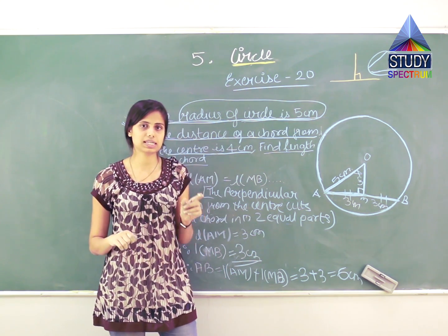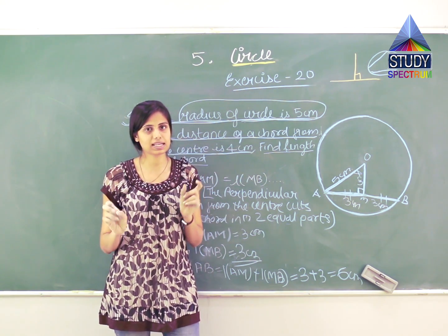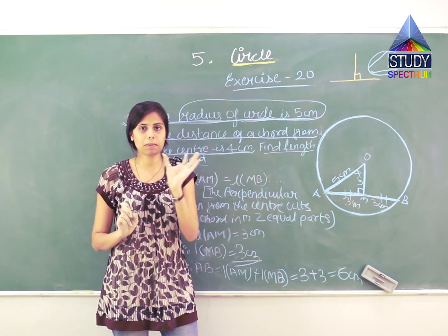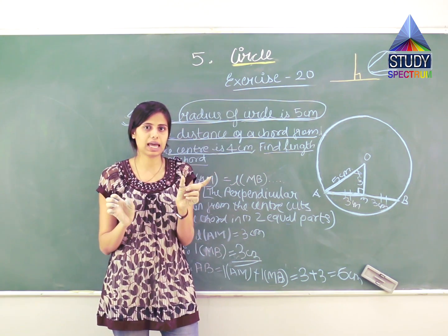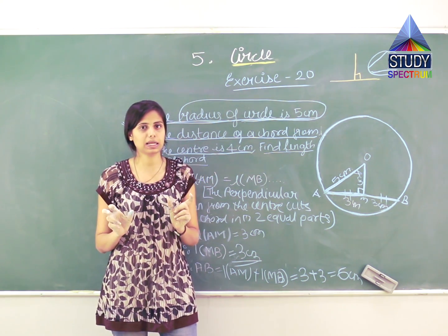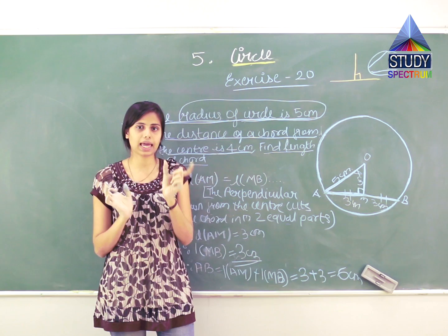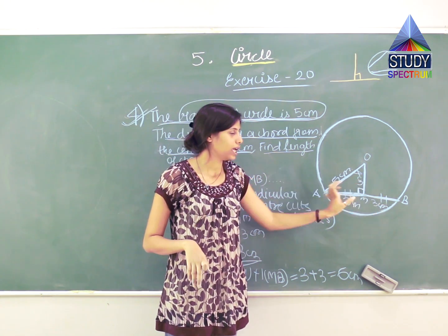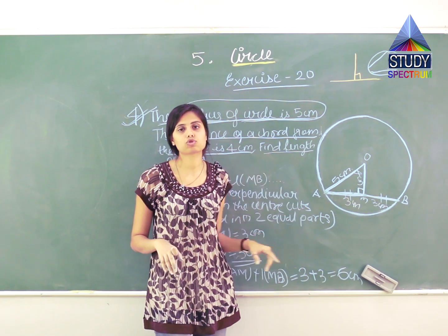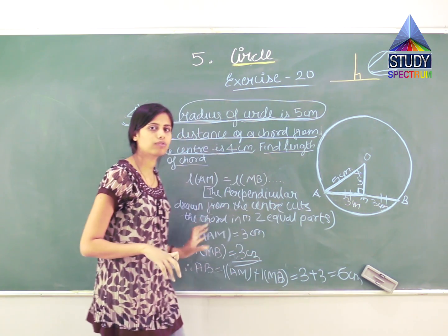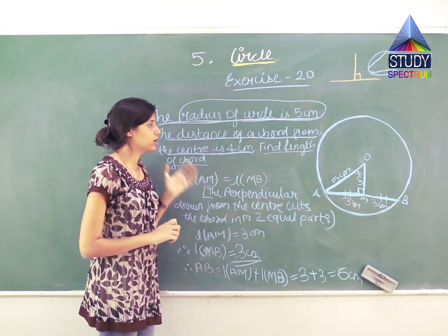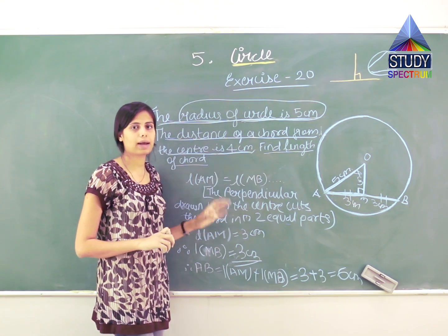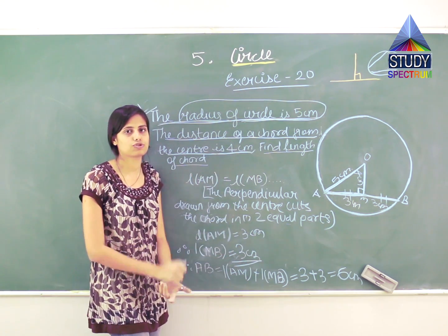So if AM is 3 centimeter, MB will be 3 centimeter because equal parts मतलब क्या दोनों का length same होगा. So if AM is 3 centimeter, MB will be 3 centimeter and AB कैसे मिलेगा? AM और MB को add करके. So we have AM plus MB equal to AB. So 3 plus 3 comes to what? 6 centimeter. So the length of AB is 6 centimeter. So by using hypotenuse theorem and the first property, we can solve this question.